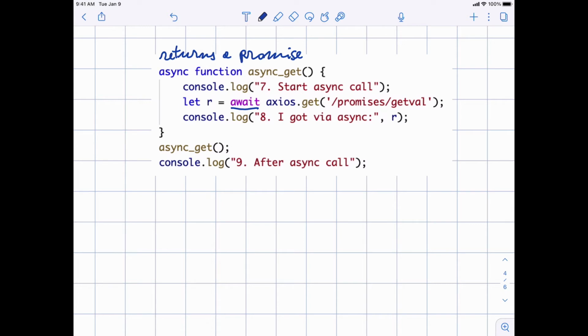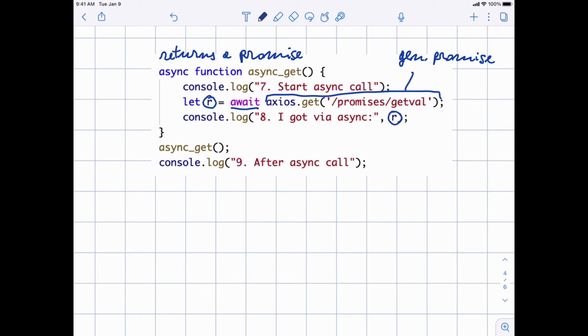So this function here generates another promise, like before. This await awaits until the promise delivered by this Axios.get is fulfilled, and then it puts the result into r. And now we can log r.